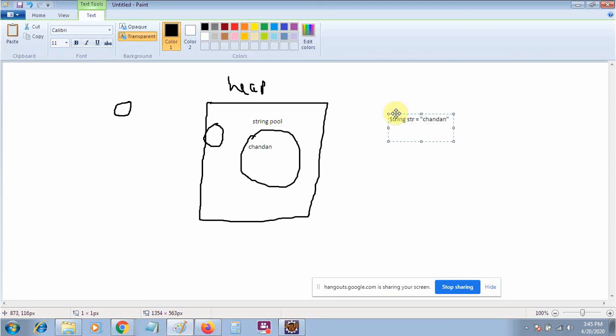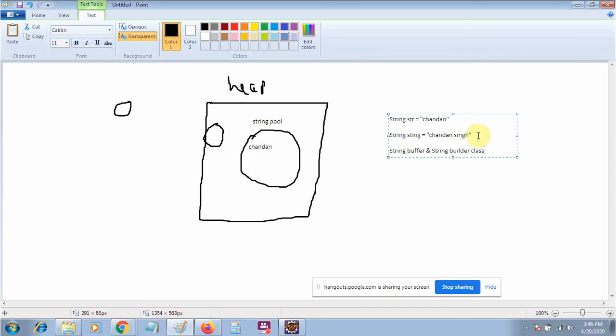Now I want a string that is mutable, so that I can change it. For this kind of scenario, where we can alter or modify our string, we generally use the StringBuffer and StringBuilder classes.